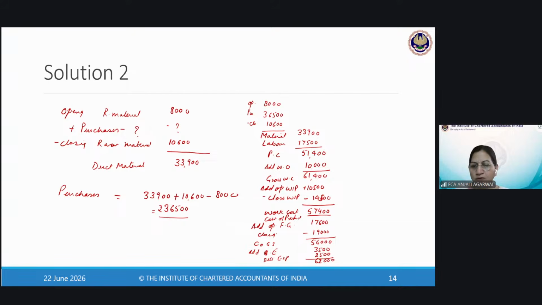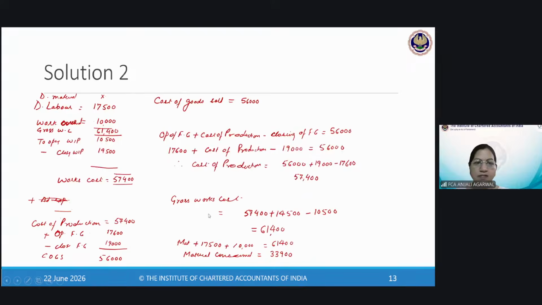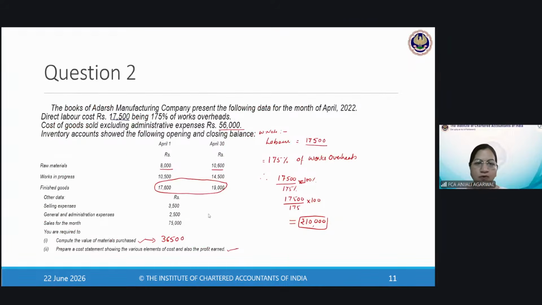62,000 becomes your total cost of sales, and selling price, sales value, is 75,000. So your profit would be 13,000. Is it clear? So it is a question where you had to work backwards. We were given cost of goods sold, and that too excluding general administration expenses. Is it clear now? So from first cost of goods sold, after having adjusted the finished goods, we will find